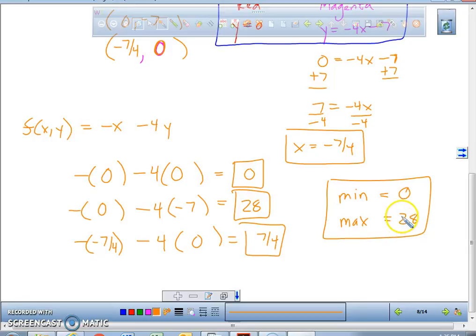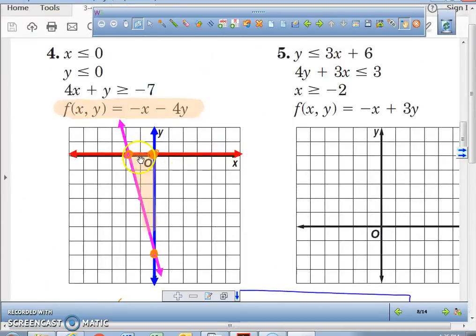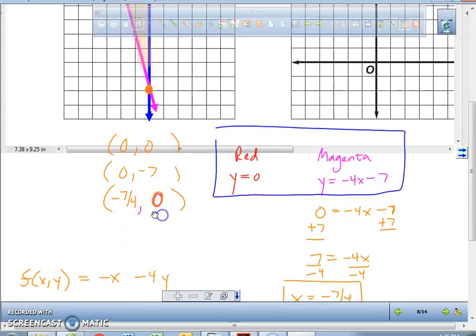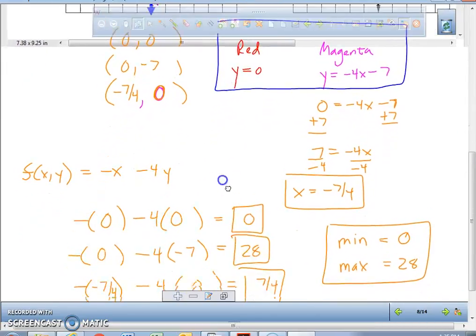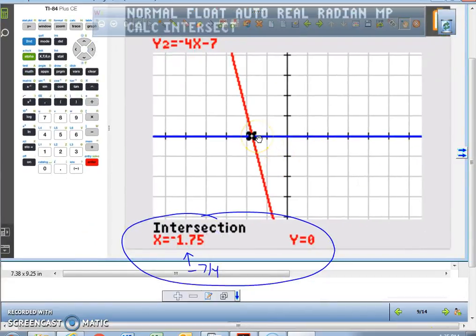So what am I expecting to find on your paper? I'm expecting to find an accurate graph of where the feasible region, basically your solution region, is. Okay? I'm expecting you to locate where the vertices are located. 2 of them were easy to find. The other one, you actually had to figure out where was that point of intersection. And we did one by hand, and we did one using the graphing calculator. And that's it. We're going to go do problem number